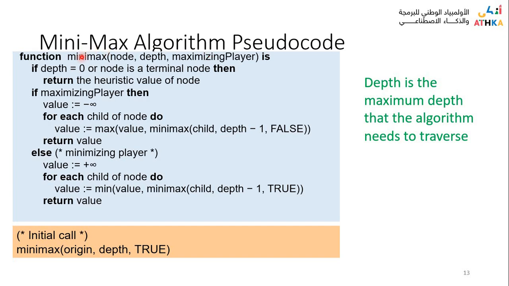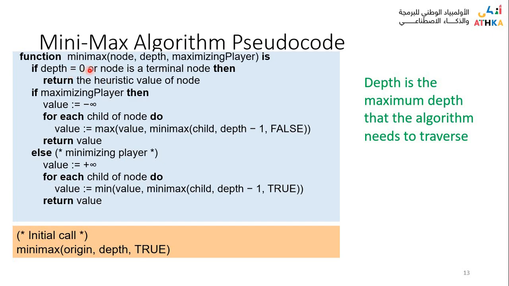So when we start, we check if the depth is 0. What depth 0 means is that, hey, do not do anything, do not look into the tree, and just take the choices. So the node is a terminal, then you don't have to do anything. You just make a heuristic guess of where you want to go, and you just select anything at random, basically. If the depth is not 0, okay,